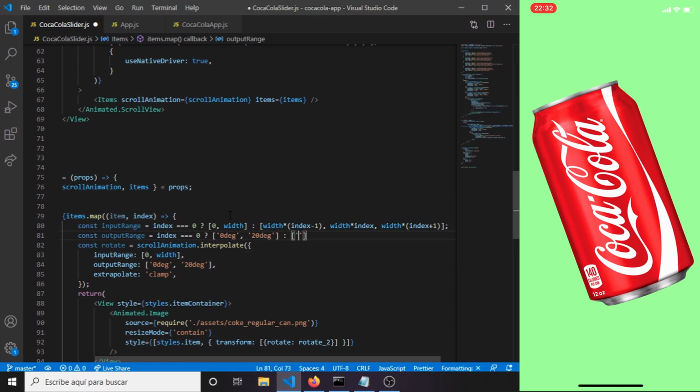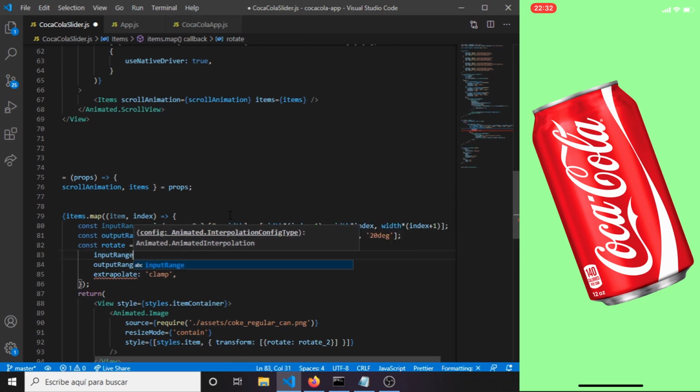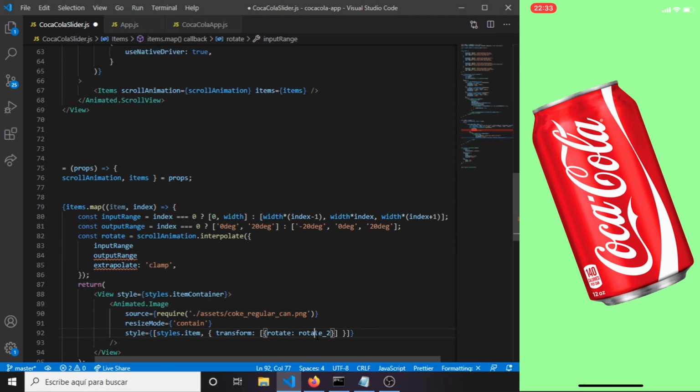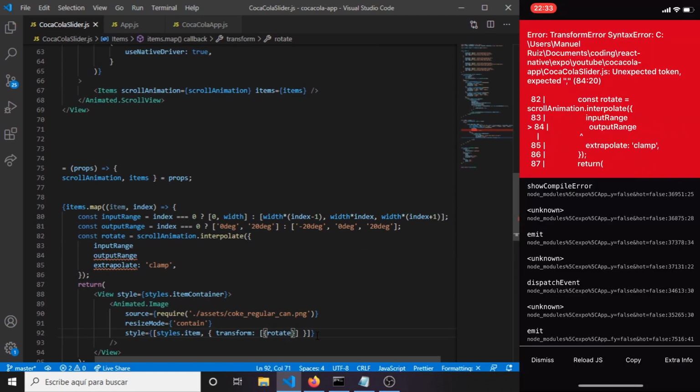There is going to be -20 degrees, 0 degrees, and 20 degrees. And we're gonna set the commas. I didn't use commas,